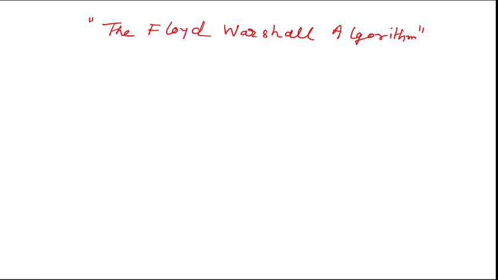So first of all, you have to understand what is all pair shortest path. What is all pair shortest path? Okay. So we consider